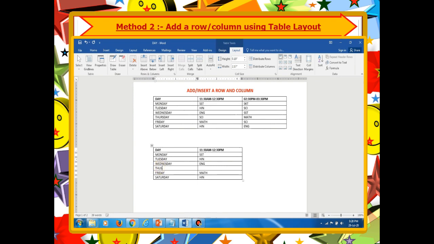Row is created below the Wednesday. A new row, a new column get created. So this is the another method to add a new row and column using the table layout.